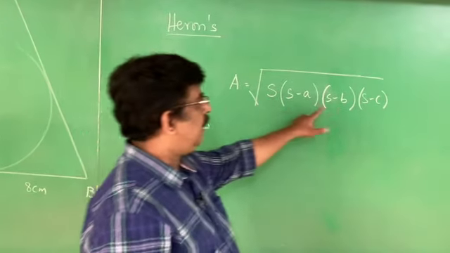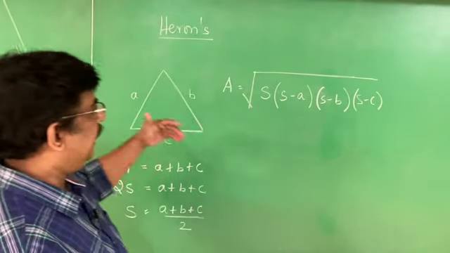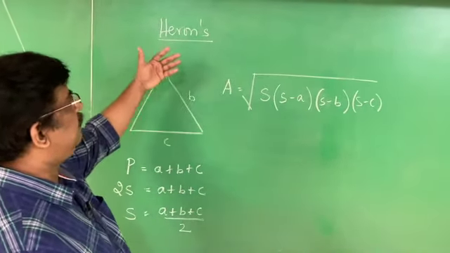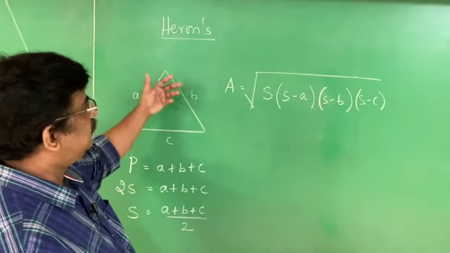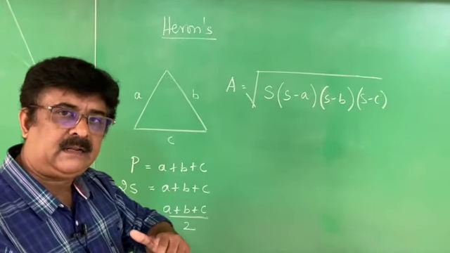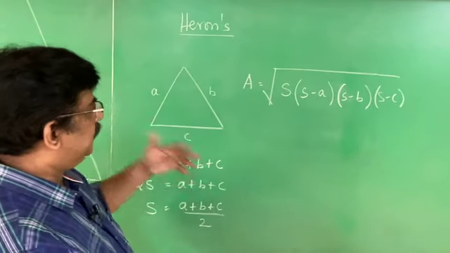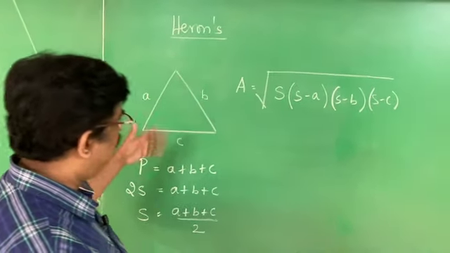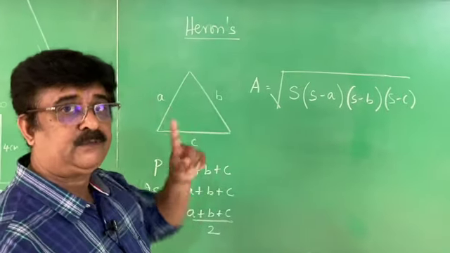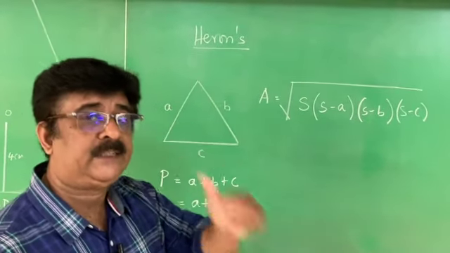Using this formula, we are going to find the area of a triangle. What is the speciality of this particular formula? This formula relates the perimeter of the triangle and the area of the triangle. Therefore, in this particular problem, we are using Heron's formula. In which standard did you study it?